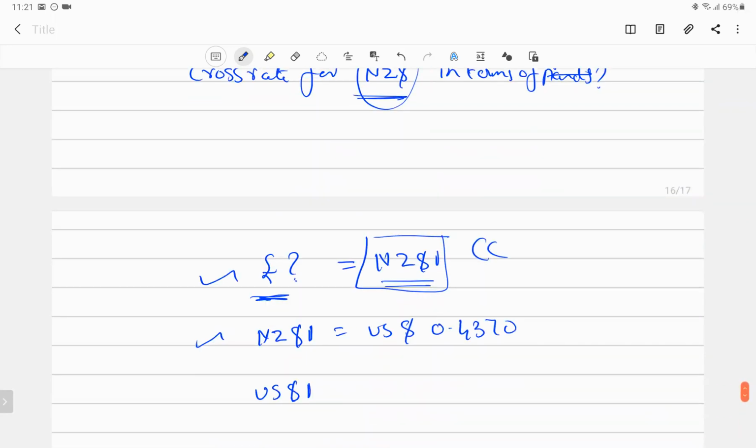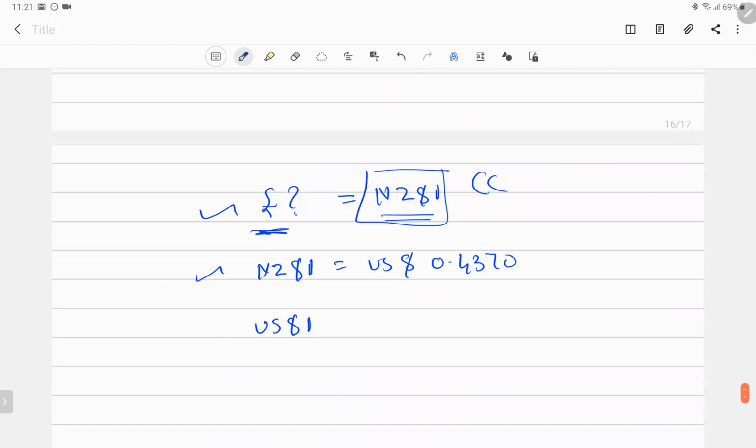First, you have to determine how many units of the term currency will be equal to 1 unit of commodity currency. Once again, the commodity currency goes on the right hand side, and on the left hand side will be the term currency. So you have to ask how many units of the term currency will be equal to the commodity currency, the US dollar. Once again, you put this here.